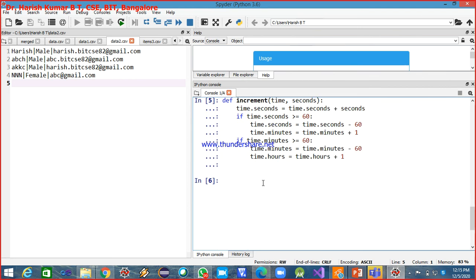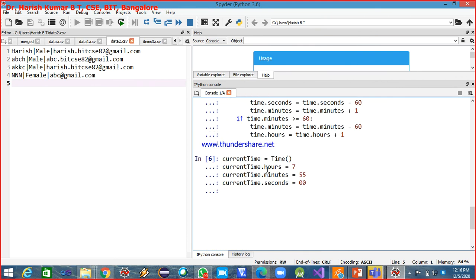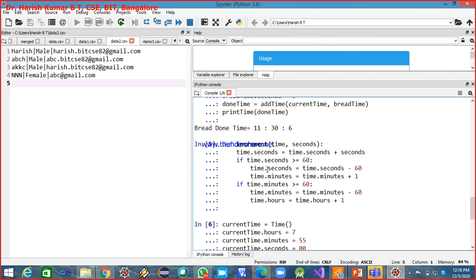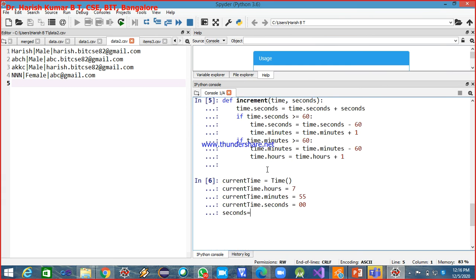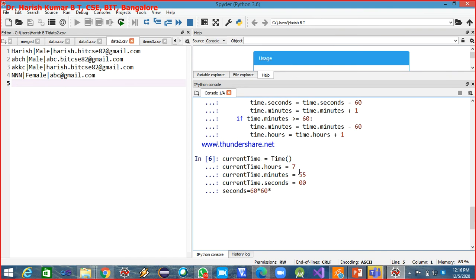Control C. Now for the bread time, seconds is equal to 60 into 60 into how many hours? 3 hours.